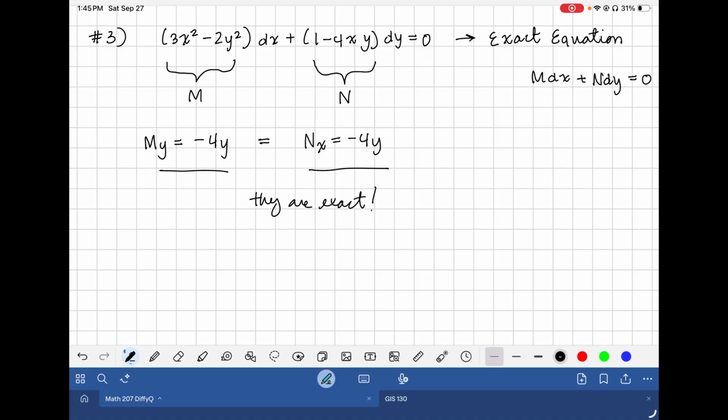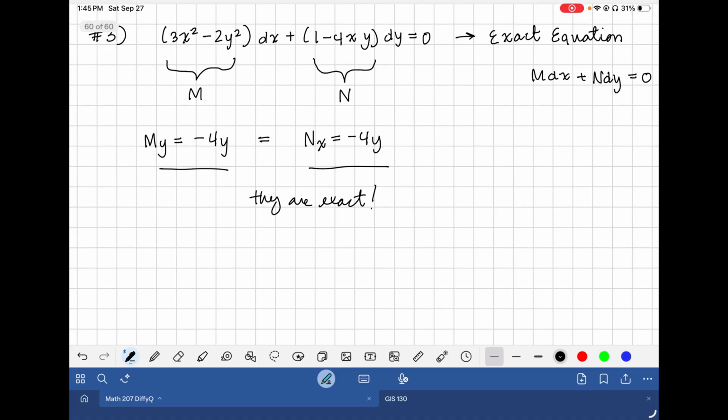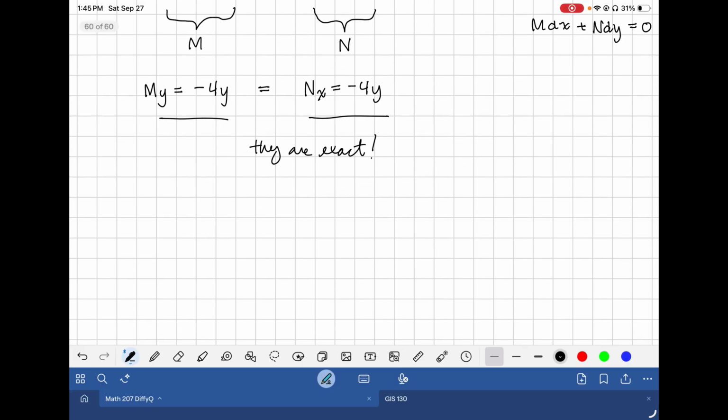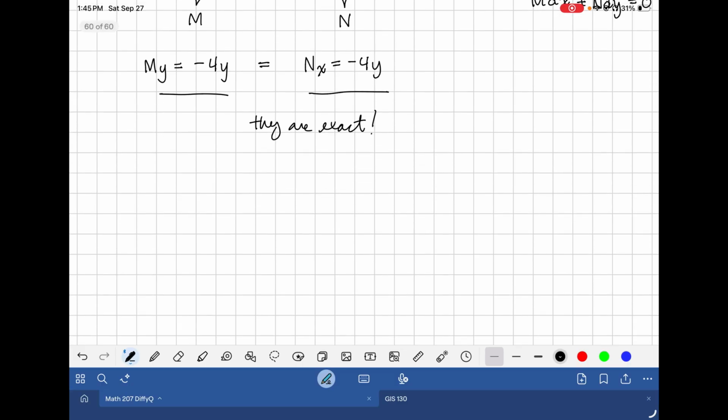So now what we can do is we can integrate either the m or the n. I'm going to go ahead and choose the m. It seems like the easier option to integrate. So let's do that. So f of x equals the integral of 3x squared minus 2y squared dx. And that is going to give us 3x cubed over 3 minus 2xy squared